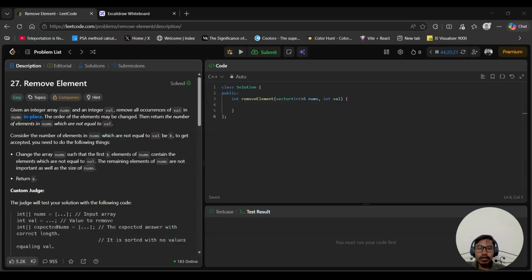Imagine if an interview gives you an array problem and you solve it in just one traversal with O(1) space. That's exactly what we are doing today in LeetCode 27 Remove Element. This problem looks super easy at first, but it greatly teaches us one of the most important concepts in DSA: the two-pointer technique. So in a few minutes, we will learn how to remove an element from an array in place